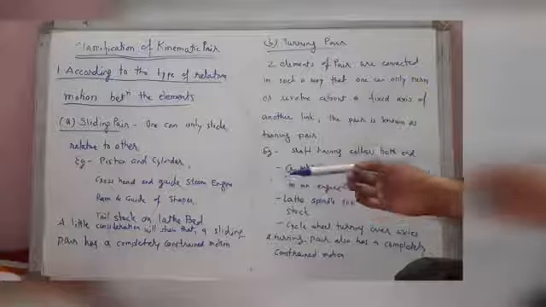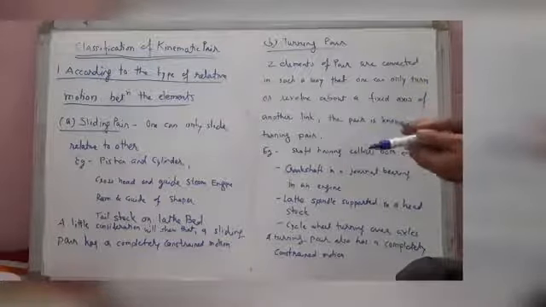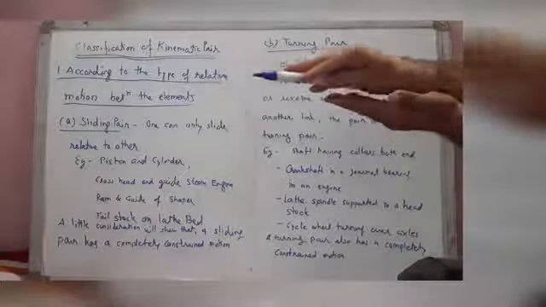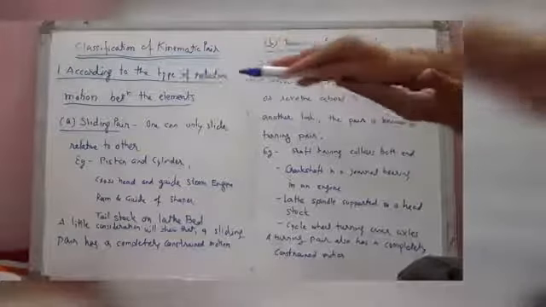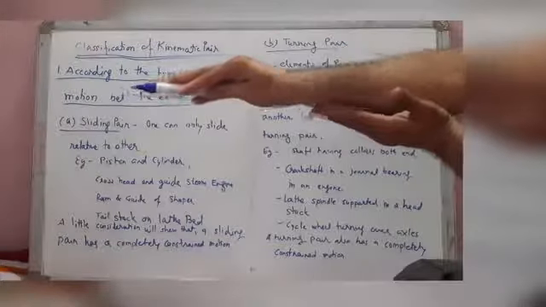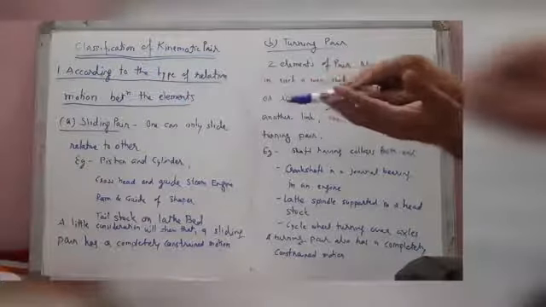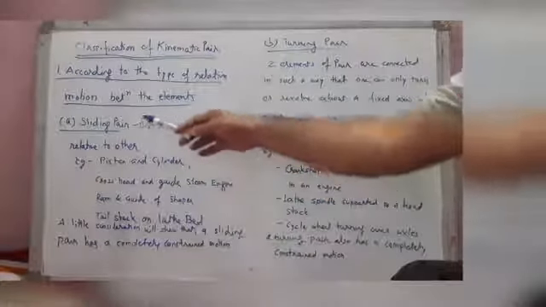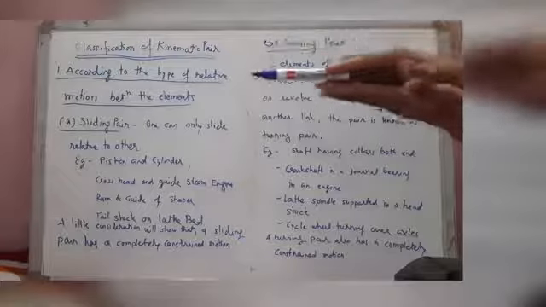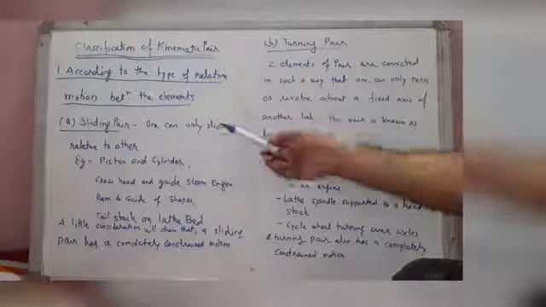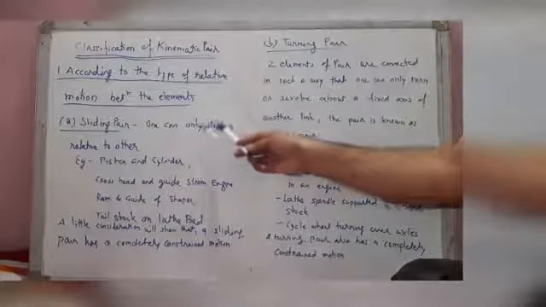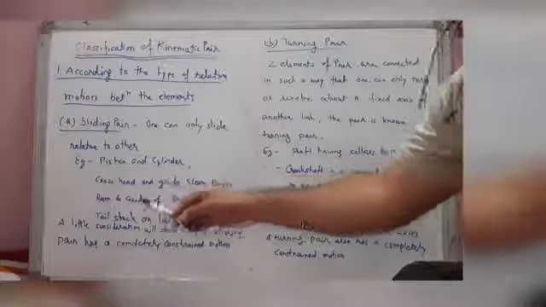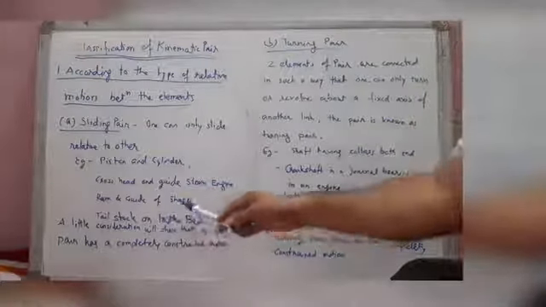So there the tail stock is at the last portion on the lathe, and on the lathe bed it can slide only in one direction towards the head stock, and till the head stock then stops there, then goes back again, then stops here. So this is the tail stock on the lathe bed. These are the examples of sliding pair. Only sliding is done in this type of pair. One can only slide relative to the other: piston and cylinder, crosshead and guide, ram and guide, and tail stock and lathe bed.